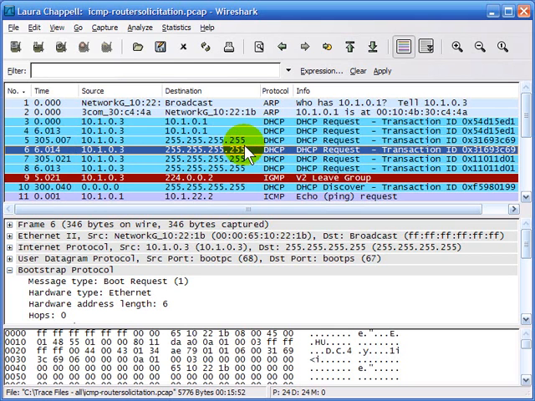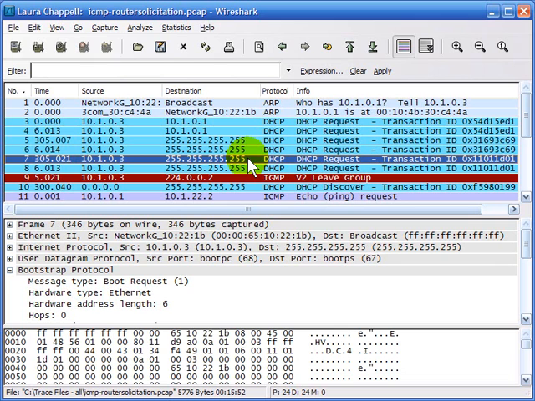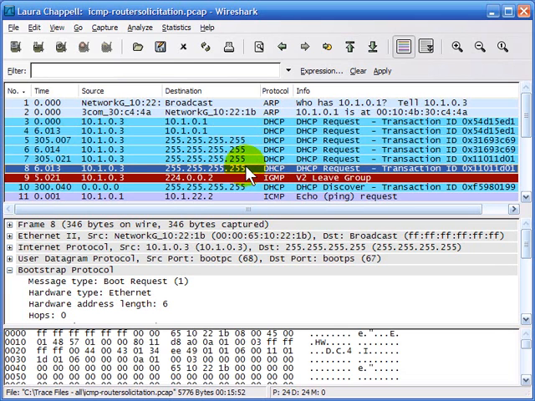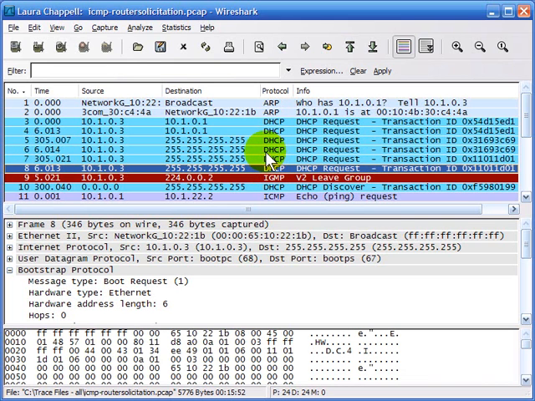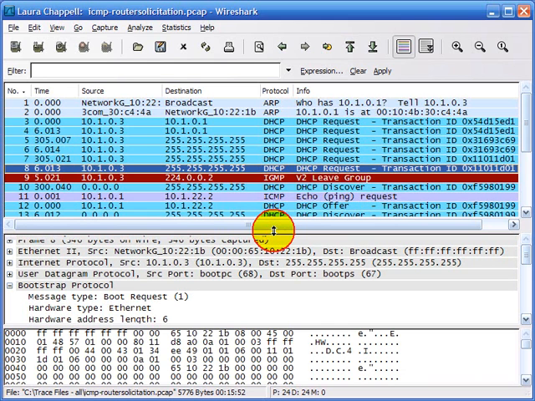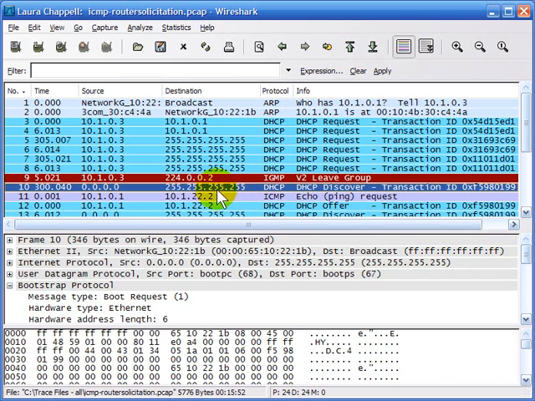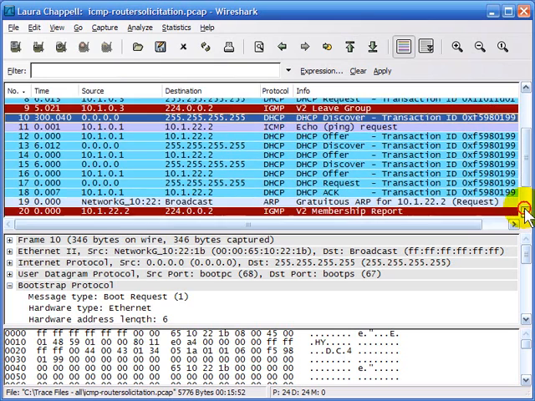Now it's in the process of rebinding. It's desperate. 305 seconds later, it tries one more time, and then a final last-ditch effort 6 seconds later. So it's tried 4 times going to the broadcast address, but it hasn't received the reply that it had hoped for. We can see after that the client goes and makes a DHCP discover request. That 10.1.0.3 suddenly gives up its address and goes to an address of all zeros. Does a discover just as if it's coming on the network for the first time, and it's outside of its